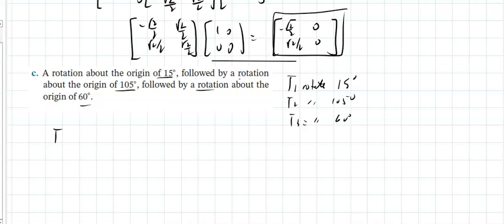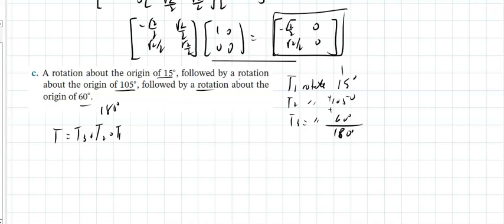So if I take T, that is T3 composited with T2 composited with T1, right? And the net effect of those, let's see, if you add those, that's a